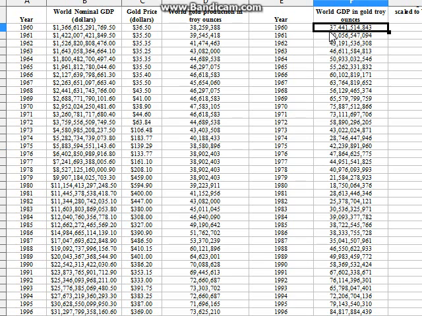All right. And how do you determine how much world GDP there is in gold troy ounces? Well, you basically take the nominal GDP and you divide it by the price for each ounce of gold at the time. So you take basically the average price in any given year, because gold is very volatile, and some of these fluctuations are speculation and things like that over the short term. But over the long term, gold does respond to the fundamentals.